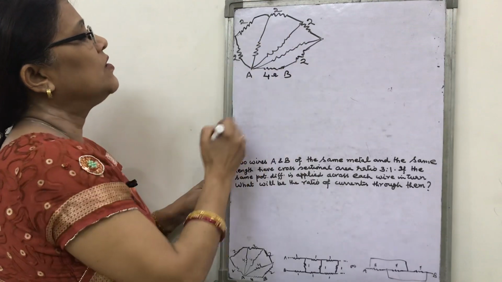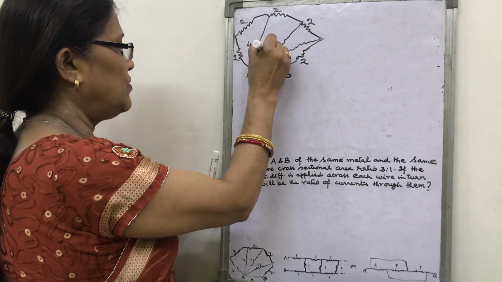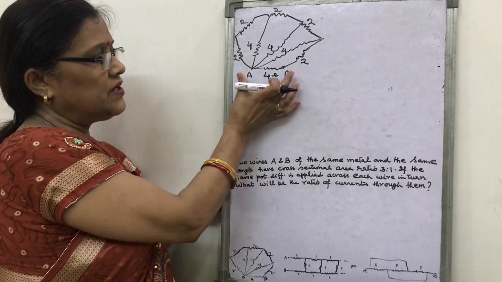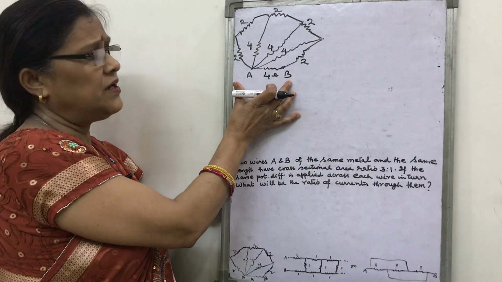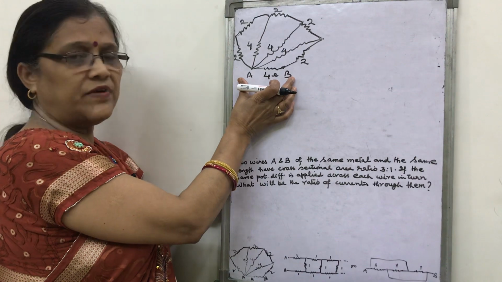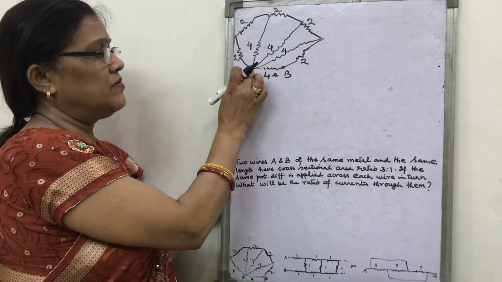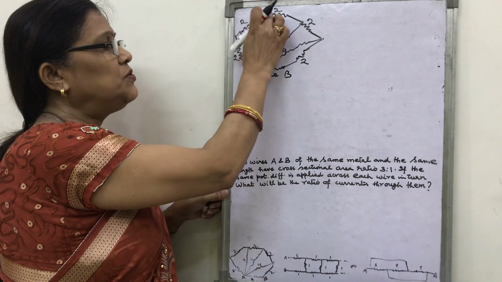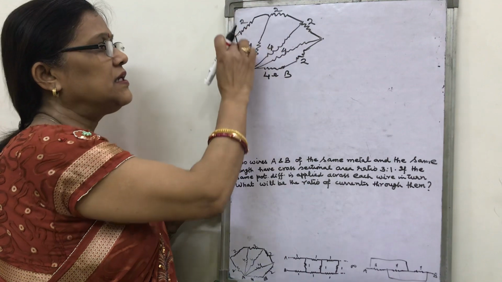In this circuit, each resistance is of 4 ohm. This is of 4 ohm, this is of 4 ohm, and this is of 4 ohm. Find the equivalent resistance across the points AB. How will you find it? It is very simple: if you are told to find the resistance across the points A and B, then you begin from A to this point. This is 2 ohm and this is 2 ohm. What does it mean? That these 2 and 2 ohm are in series.